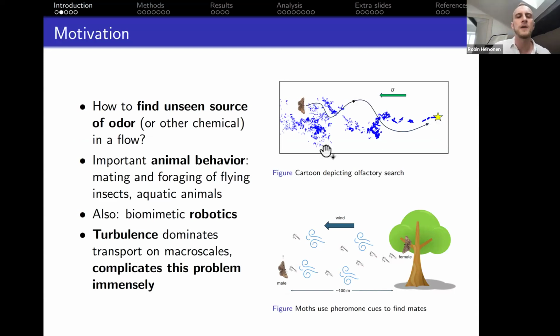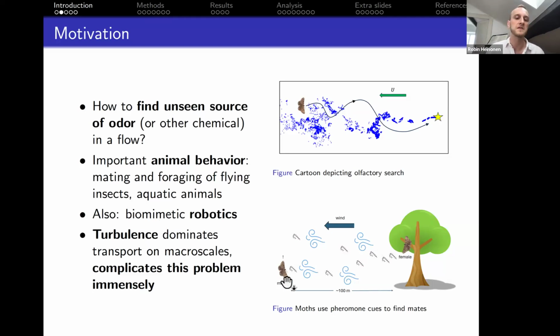And the main motivation we have in mind is that this is an important animal behavior for a number of flying insects and aquatic animals that rely on the behavior for mating and foraging. For example, moths, this is a very salient example. For mating, the female will sit on a tree somewhere and emit a single pheromone to which the males are very sensitive,